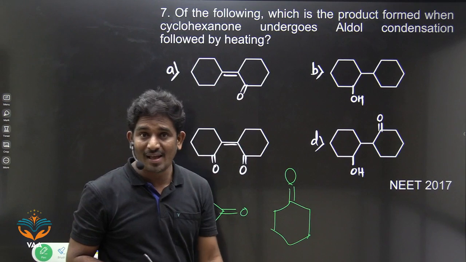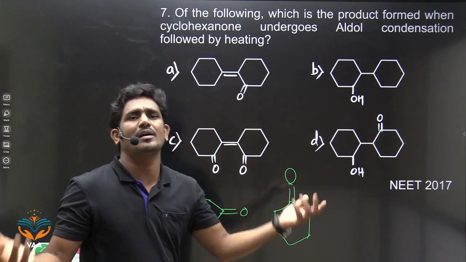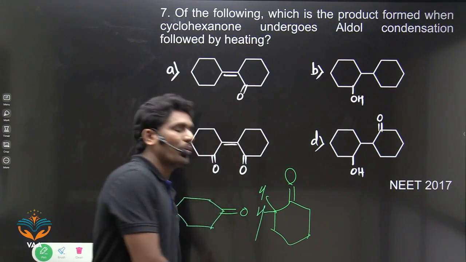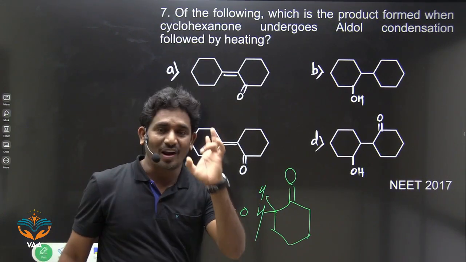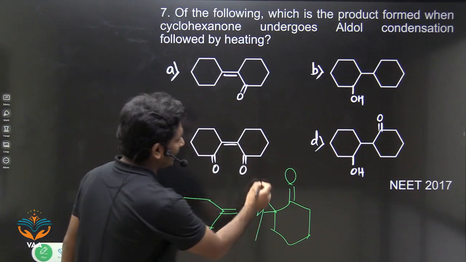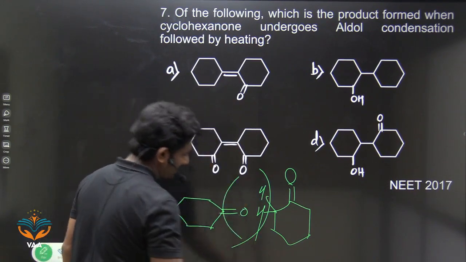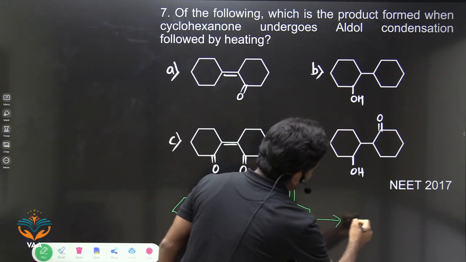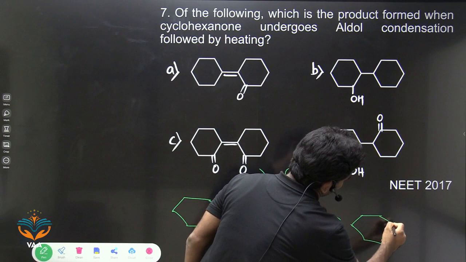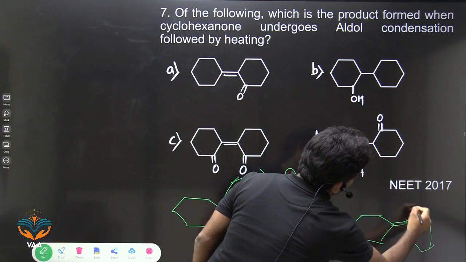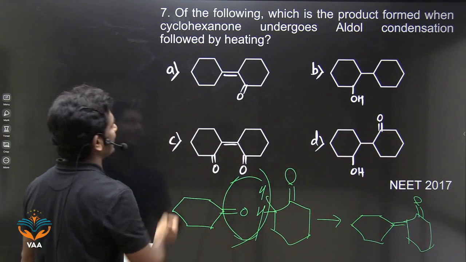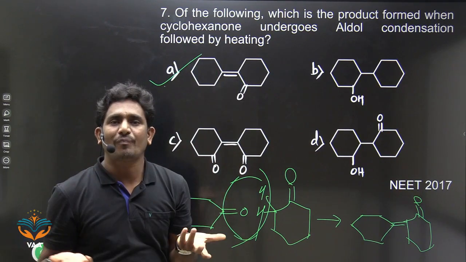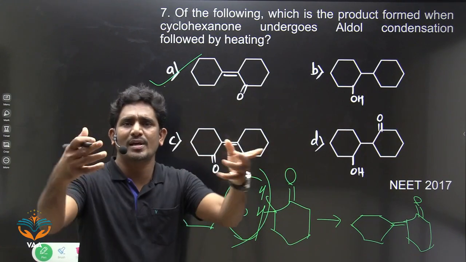What do we have to remove? Remove water. Aldol condensation is nothing but a dehydration process, right? So remove this water. Which hydrogens do we have to remove? Only alpha hydrogens, and also the oxygen from the other functional group. Remove this water and you will get a double bond at this position. So what is the answer? An alpha beta unsaturated carbonyl compound.